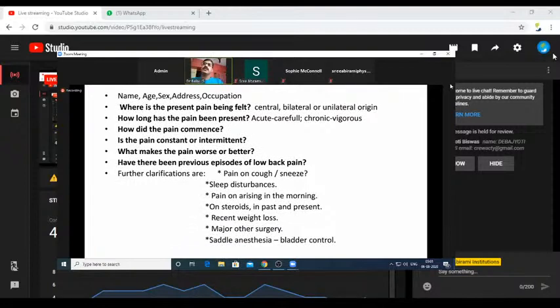And other further clarifications, like pain on cough or sneezing. Sometimes the patient will say, when I cough, I get a shock type of pain which starts from my back and comes down. Sometimes the patient will say, when I sneeze, I get a pain from the neck and it comes down, like a shock. During a cough or sneeze, the intra-abdominal pressure increases, which can increase the intradiscal pressure. So if the disc comes out and pinches the nerve roots, whenever the disc pressure is increased and it applies pressure on the nerve roots,